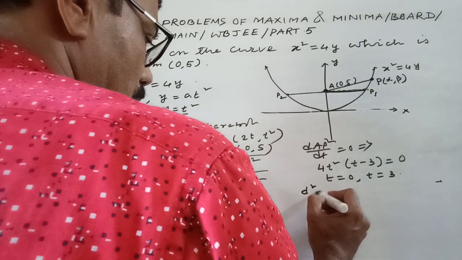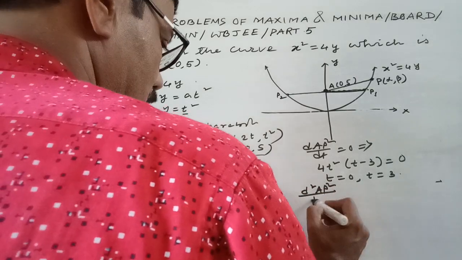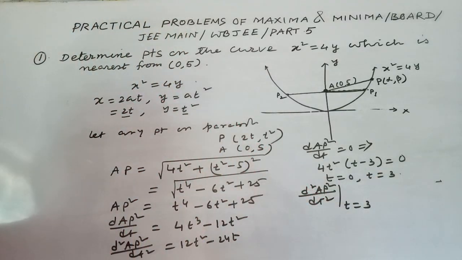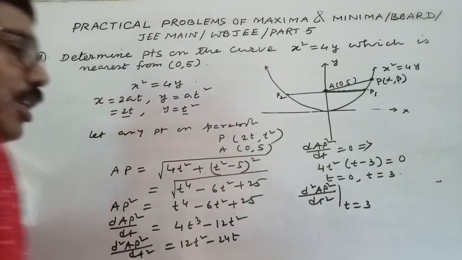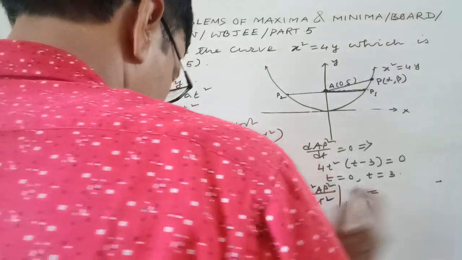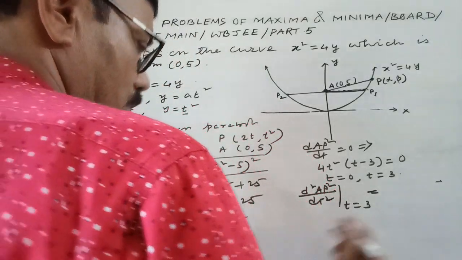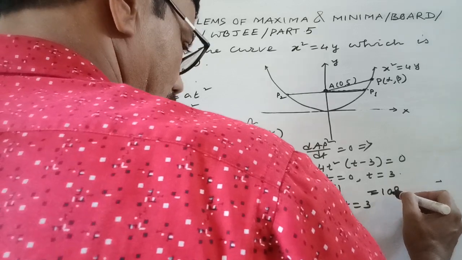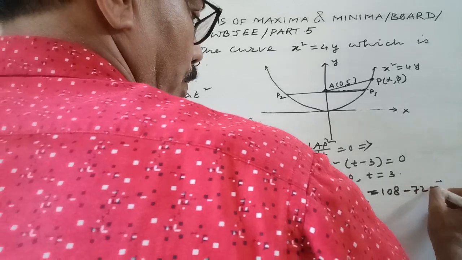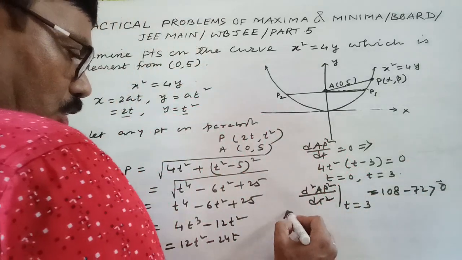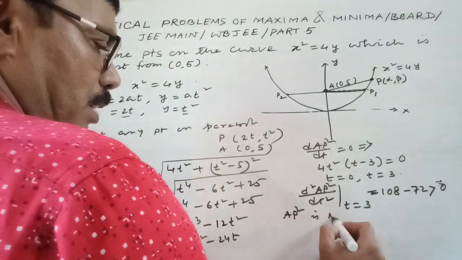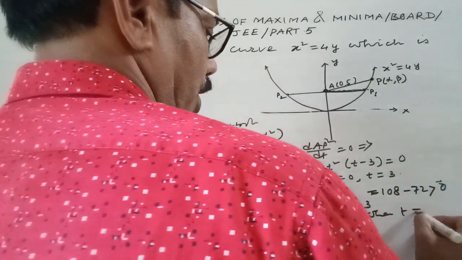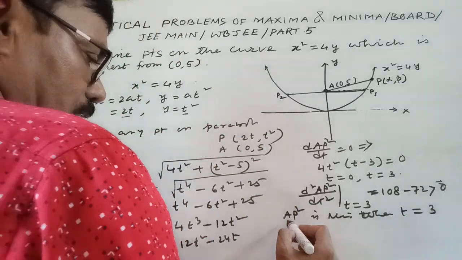So d square AP square by dt square at t equals 3. Then this is 9 into 12, that is 108, and 72. This is greater than 0. So AP square is minimum when t equals 3, and hence